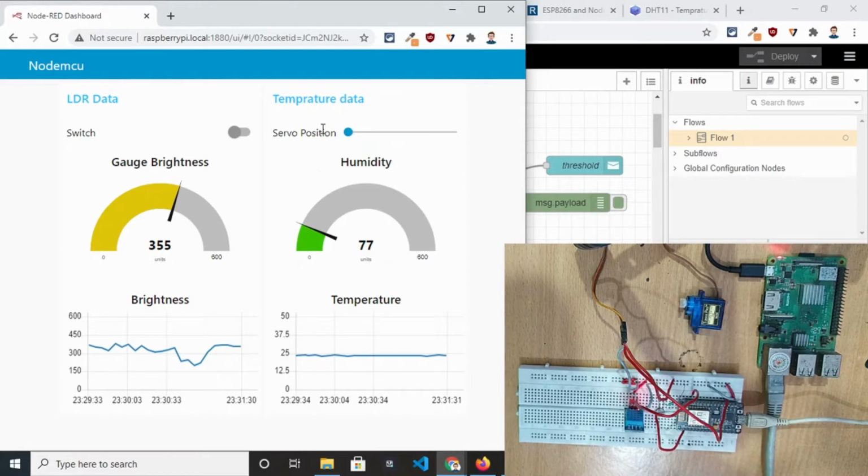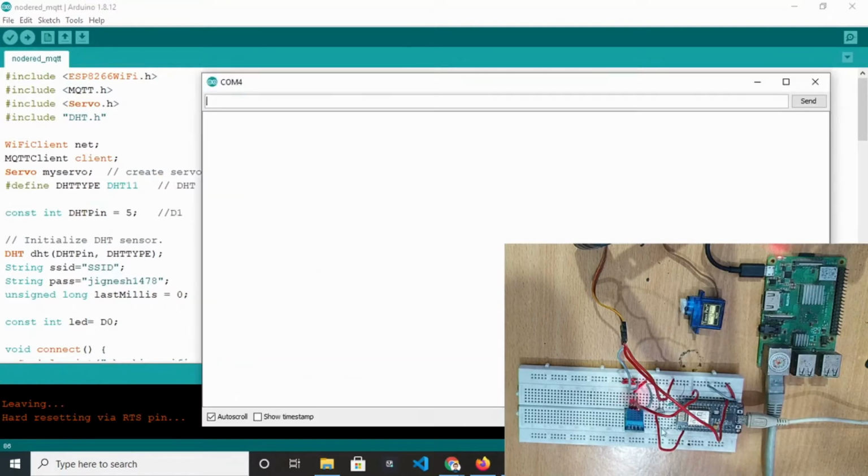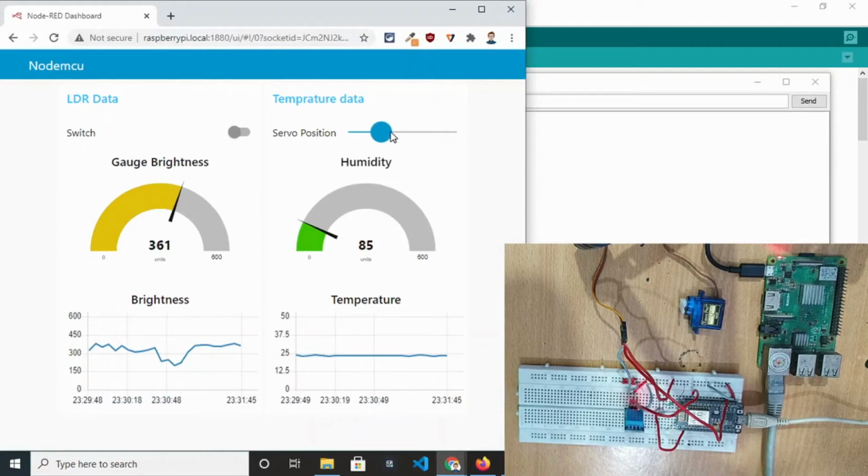Fine, let's control the servo motor position. If we look at the serial monitor of the Arduino, we can see the data which we are sending here, and you can see the movement in the servo motor.